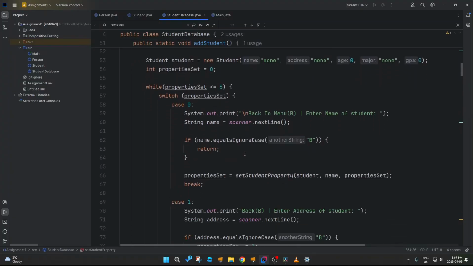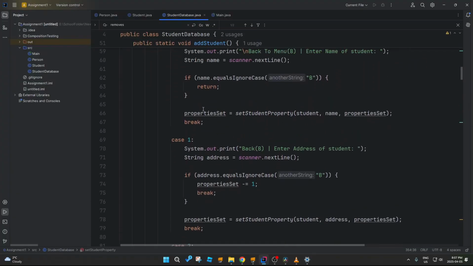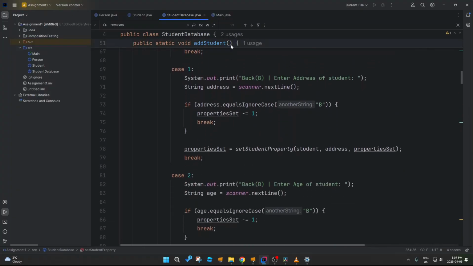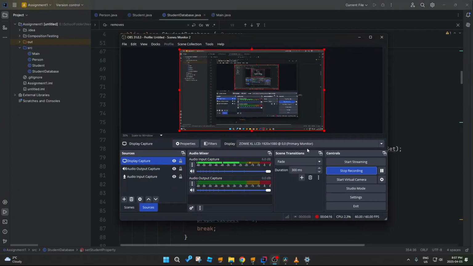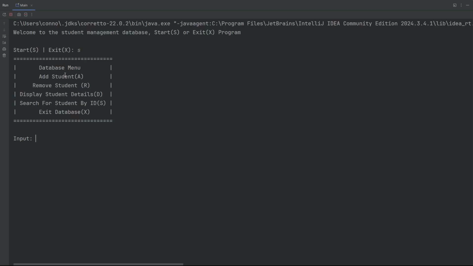I use a single function for every single case in the switch statement to reduce the amount of lines, and then I can just show the program working. I'm just going to run it. Start. I can add student. I'll add student Billy, and you see I've made a mistake on spelling it, so I could just go back, respell it,